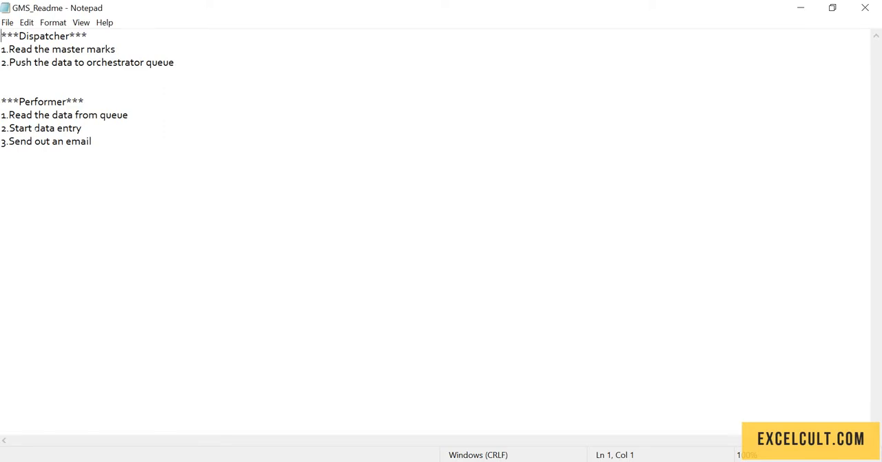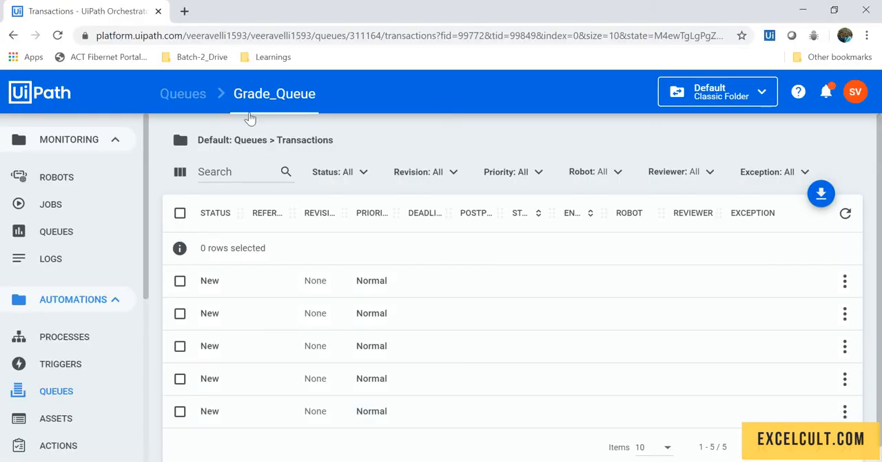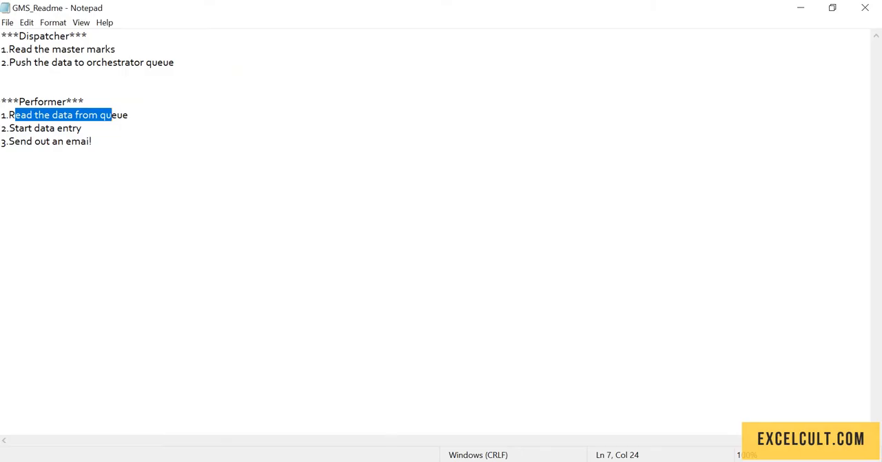Now we are left with the performer workflow implementation. And this, the first thing that we have to do is we have to read the data from the queues. So this is the grade_queue that we have with us. In it we have 5 records which we have to process, and then we have to start the data entry